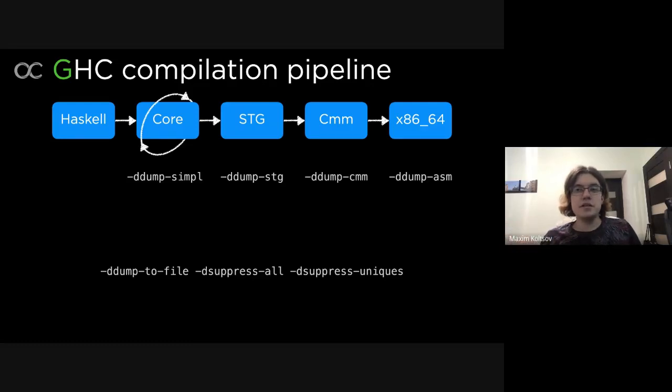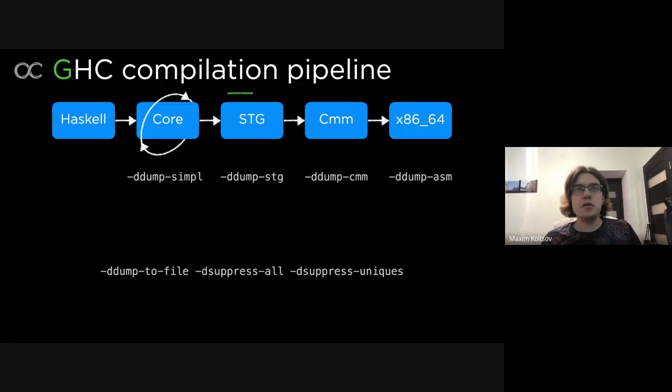And the last flag, suppress uniques, will suppress the generation of unique identifiers, and you will see your names for variables as you have them in your input Haskell program, and this will simplify your reading of this dumped code. As I said, there's a lot of material available on Core online, but today in this talk,